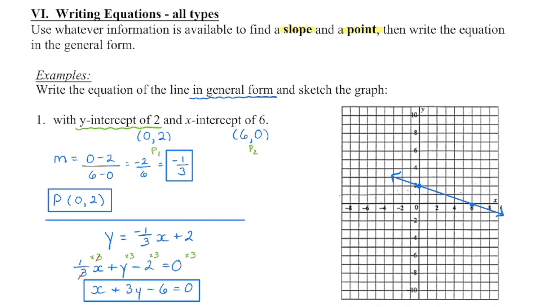I can graph this by plotting the 2 points and then connecting them. And then we're also going to check a couple of things. First of all, we know general form is a quick way to get those intercepts. So let's try this. If I'm looking for my y-intercept, x is 0. So imagine that's crossed out. We're going to move this over. My y-intercept is going to be positive 6 divided by 3. Positive 6 divided by 3 is 2, so that's good.